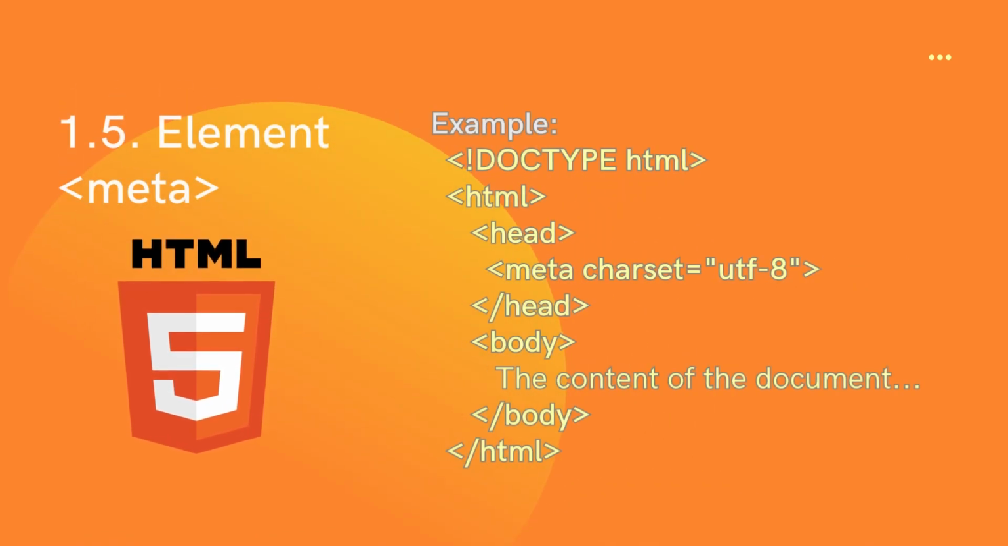An optional element of the head section is the meta element. With its help, you can specify the description of the page content and keywords for search engines, the author of the HTML document, and other metadata properties. The head element can contain several meta elements, because depending on the attributes used, they carry different information. Example: